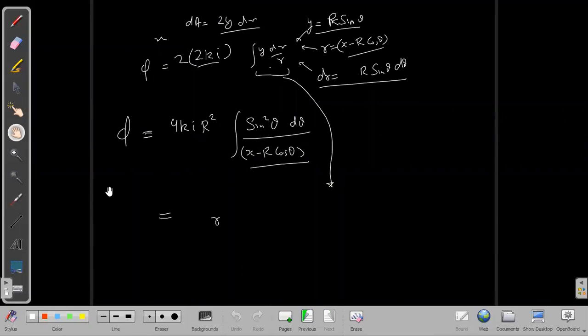If I take at least the equation of the circle, the equation of the circle will be x minus... wait a second. Up to the center I don't have to call the distance x, I have to call it something else, x naught maybe. Up to the center the distance I should call as x naught. x minus x naught whole square plus y minus 0 square is equal to r square. If I do that, then I get y as r square minus...